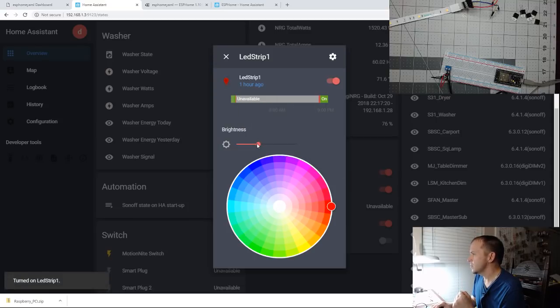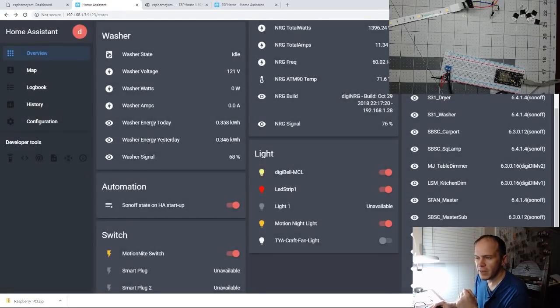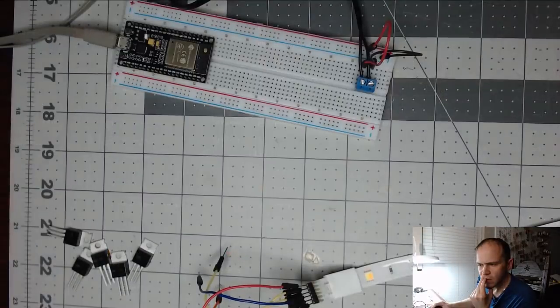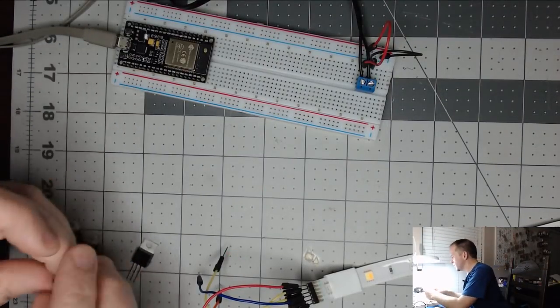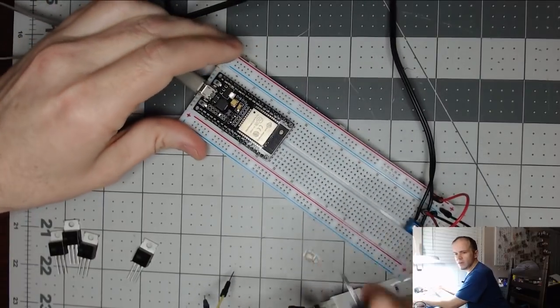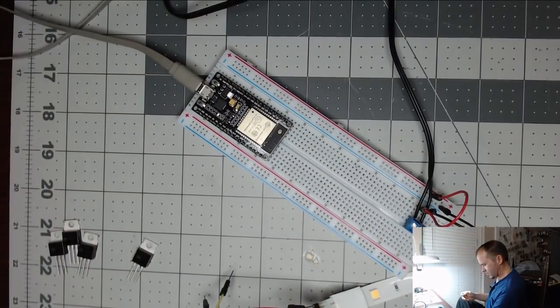So everything works on it. I guess we'll fire it up and get the lights actually plugged into it. What I was messing with are some MOSFETs. Let me get the slide over here.